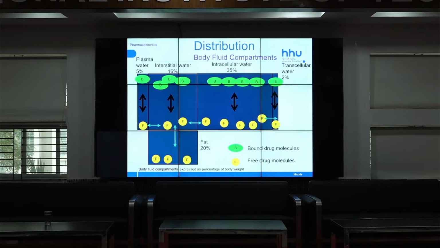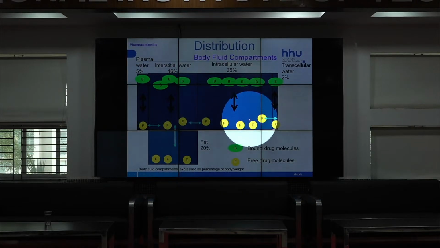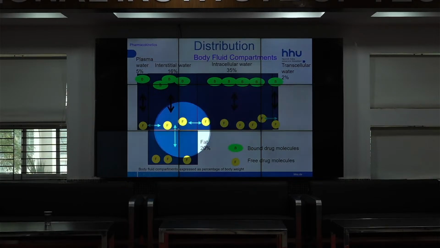The only thing here is that from one compartment to another compartment, you have a cell barrier. So the proteins binding to our compound do not pass the cell barrier, so only the unbound drug is passing the cell barrier, and thereby these free compounds are passing the cell barrier by different velocities and different on-off phases